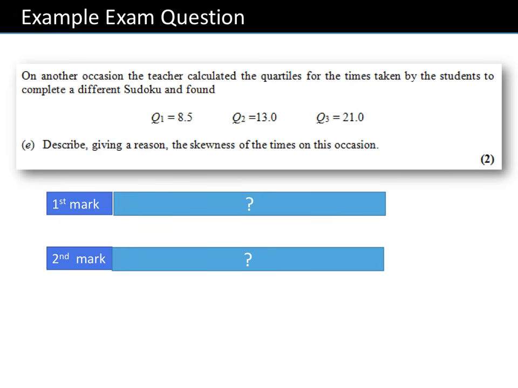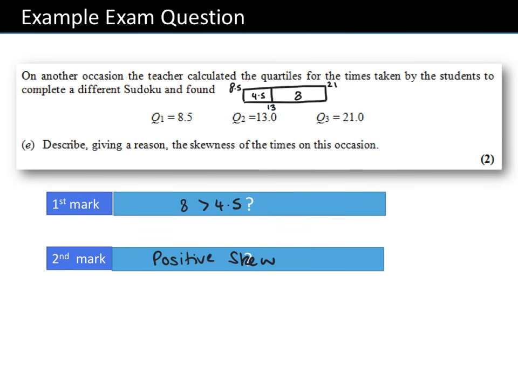Instead of trying to remember a formula, draw this as a box. If you think you have 8.5 here, 21 here, where is 13 going to be? It's going to be closer. Here. So this is actually 4.5, and then 13 to 21 is 8. 8 is greater than 4.5. Therefore, this is going to give me a positive